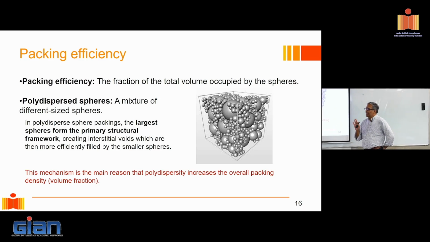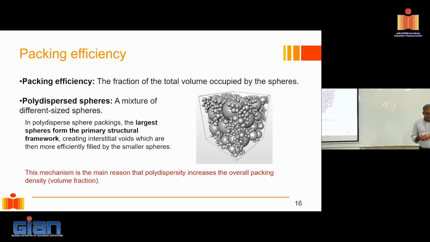So we are not using a single sized sphere for a good reason. The reason is that in polydisperse spheres, what do I expect? I want to arrange my spheres in such a way that I step down in sizes. I start with a certain size and start decreasing the sizes with the objective of maximizing my packing efficiency. I want to basically minimize that light gray space that you saw in the previous slide, with the objective of reducing the paste content in the concrete.